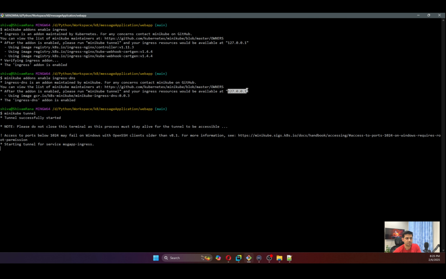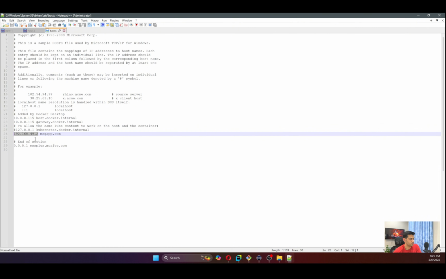But since this is Minikube, let's go and add this IP address to our host file. So I'm just gonna replace this with 127.0.0.1